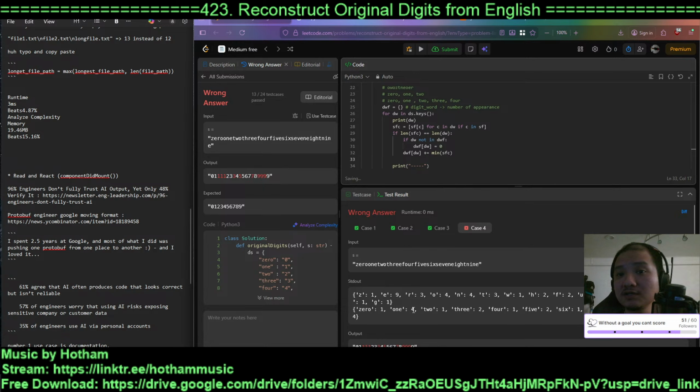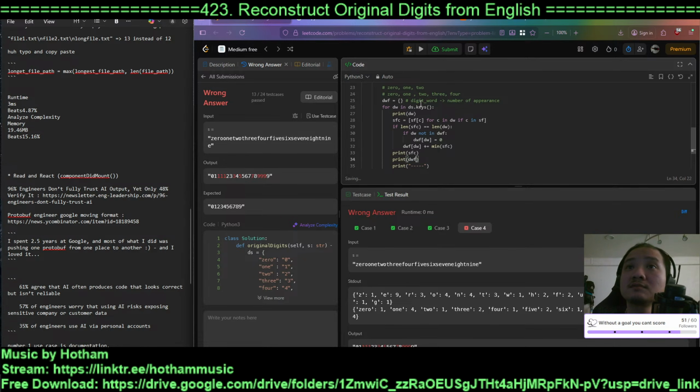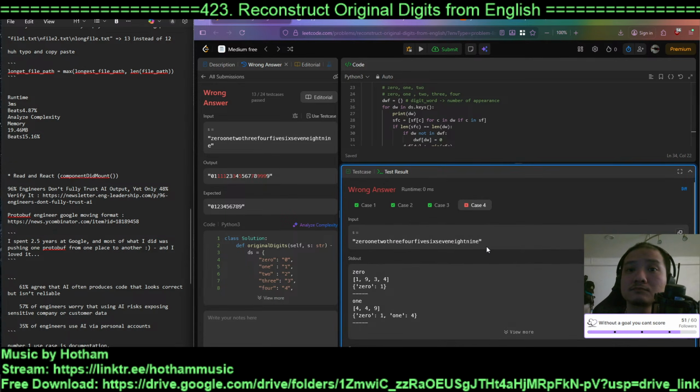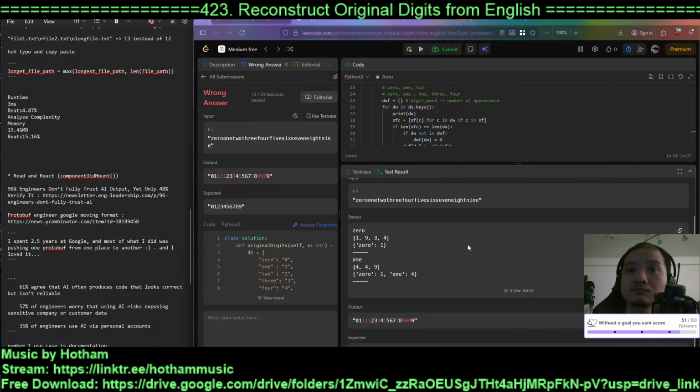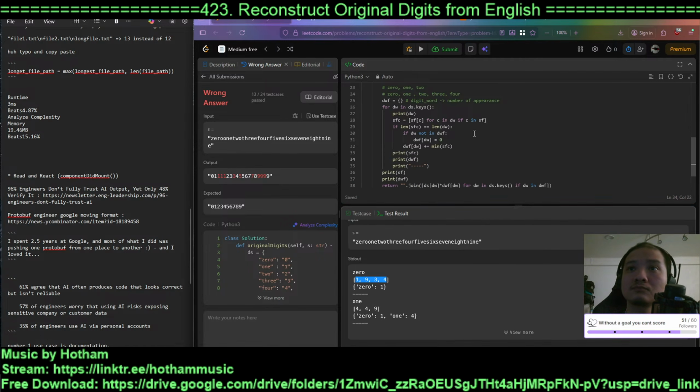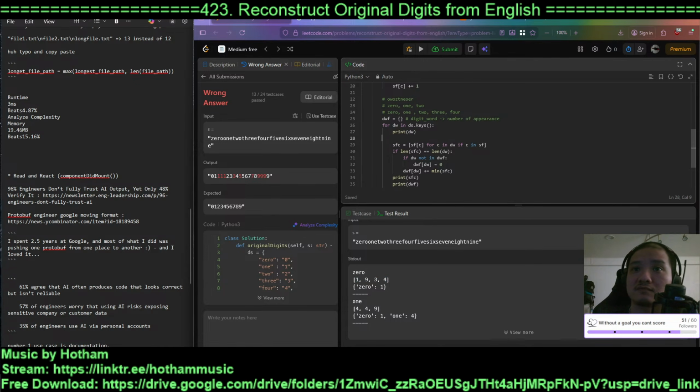Why does it duplicate here? 1 4 times. Right, we will print SFC as well as, no, I'm not asking you, Google. Also print SF. Then